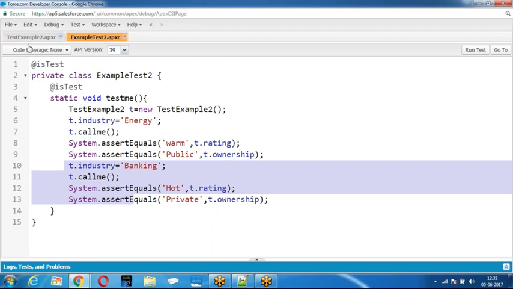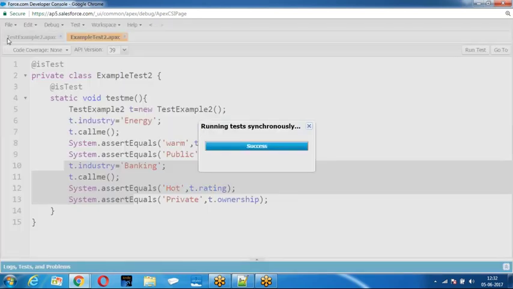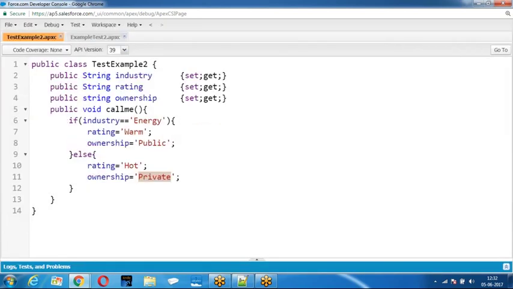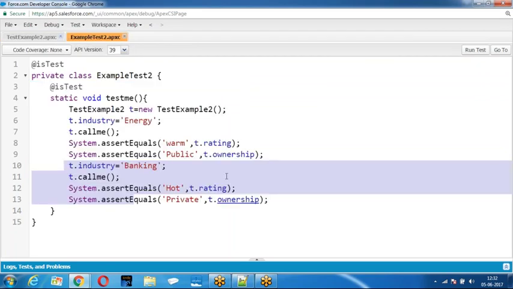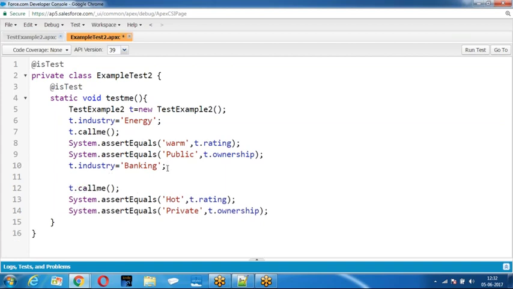Save it. Run it. Check the code coverage. Still not covered. Let me check for any spelling mistakes, capital, small. Right. t dot call me. Fine. Let me take it out.